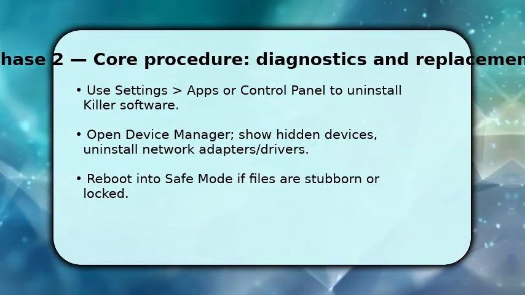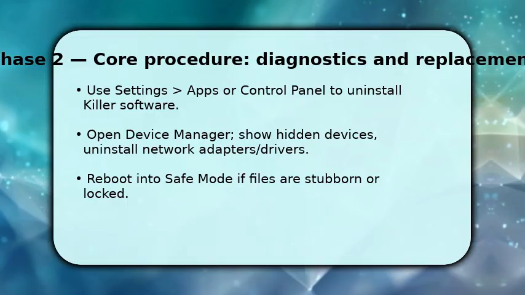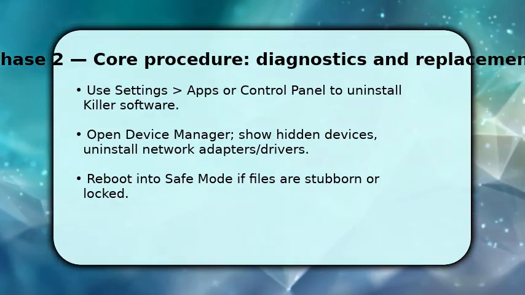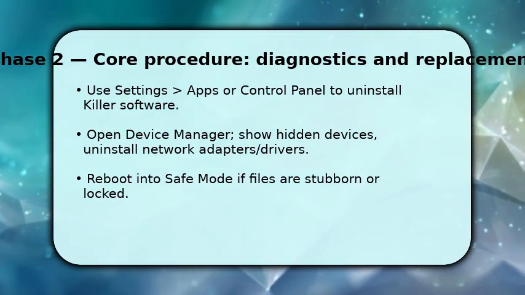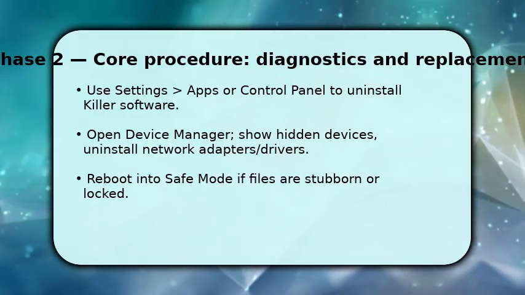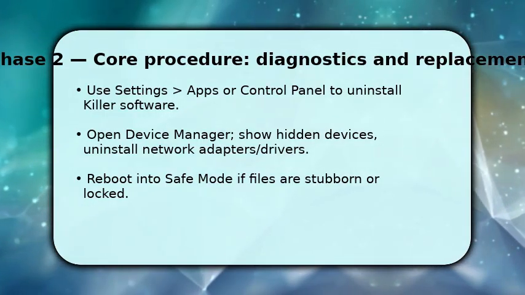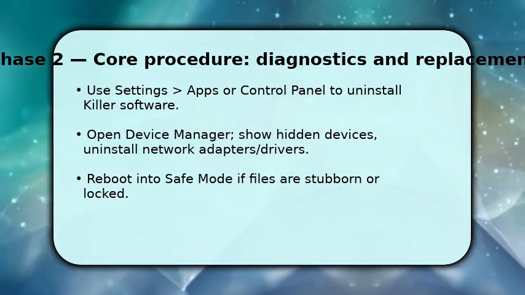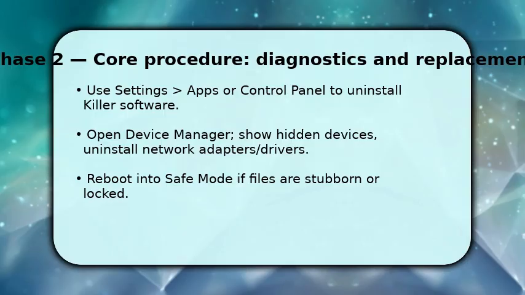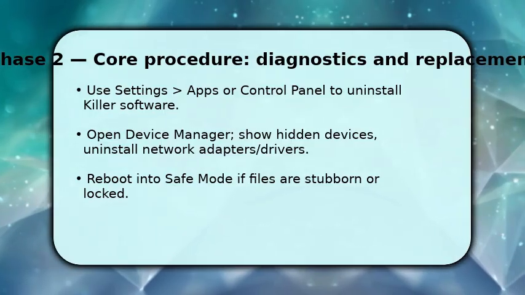Next, open Device Manager, enable Show Hidden Devices, and uninstall Killer network adapters, plus delete driver software when prompted. If Windows refuses due to locked files, reboot into safe mode and repeat. Safe mode prevents most services from loading, which is why it lets you remove stubborn drivers without interference, making the